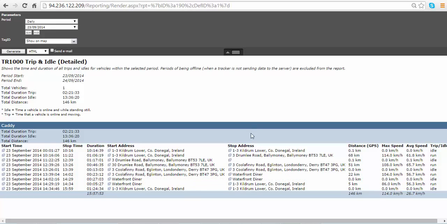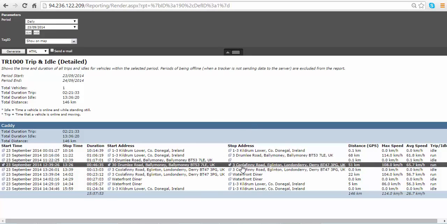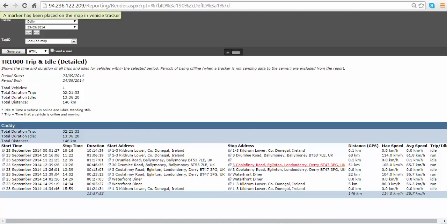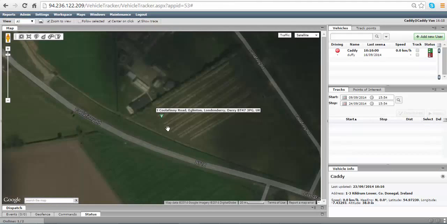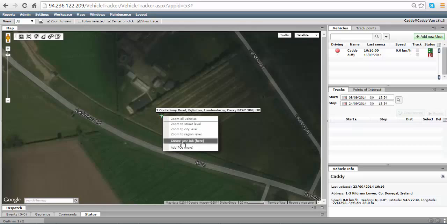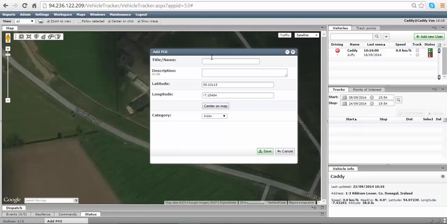So now we'll click on an address to add a point of interest. So we click once and go back to the map. So this brings us to the location of the address. So we can right click here and click Add POI, and we'll name this Job Site 1. And we can create a new category called Jobs